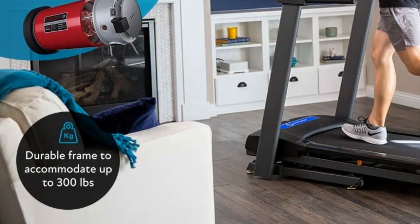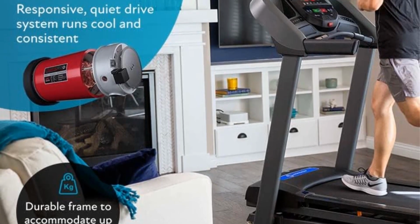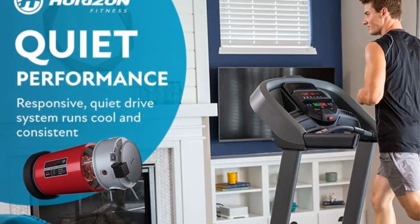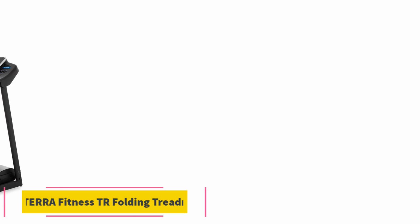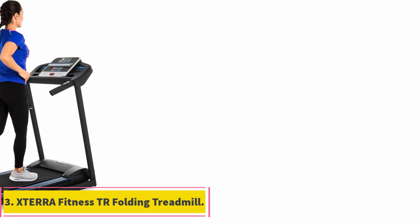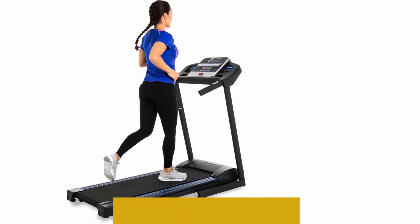The built-in device holder keeps screens in view, providing entertainment or easy access to fitness classes. Additionally, a rapid charge USB port ensures that users stay powered during their workouts. Number 3. XTERRA Fitness TR Folding Treadmill. The XTERRA Fitness TR Folding Treadmill seems to be a great choice for those looking for a versatile and convenient